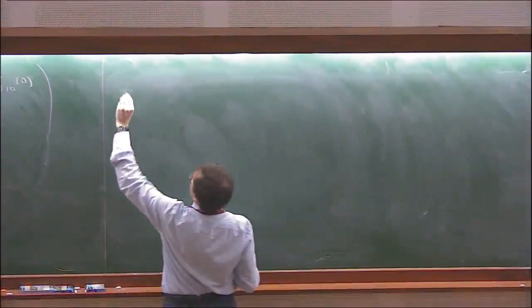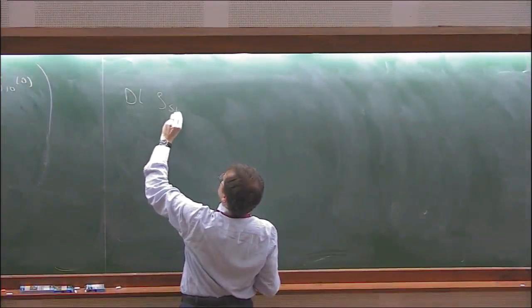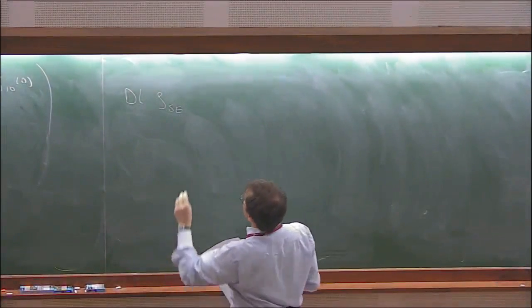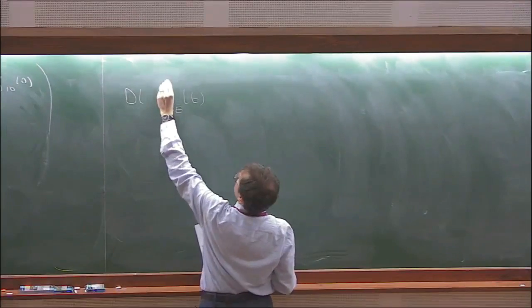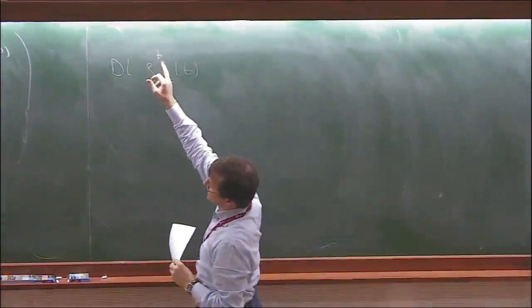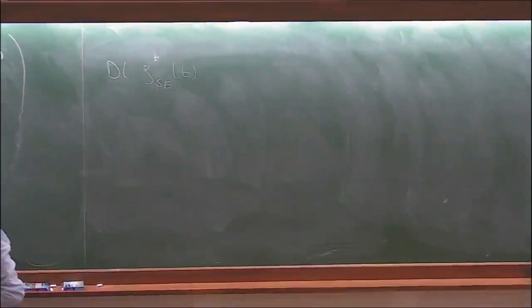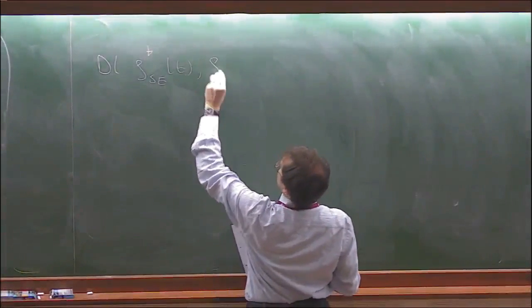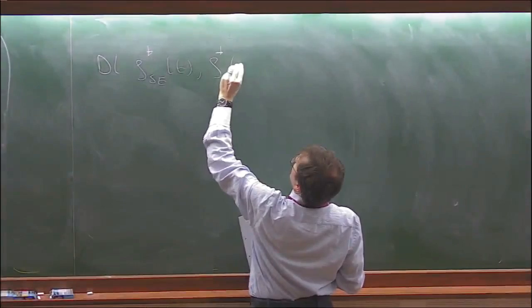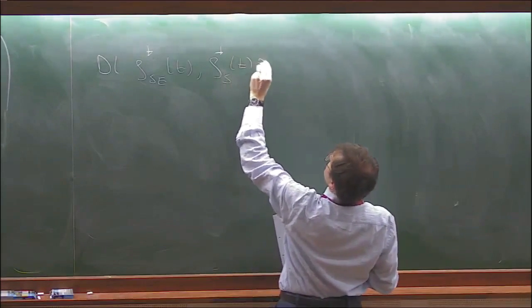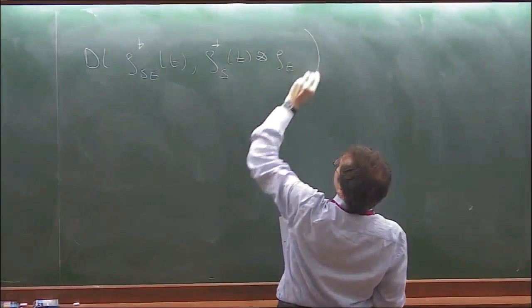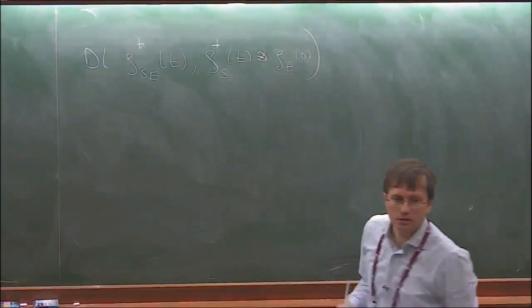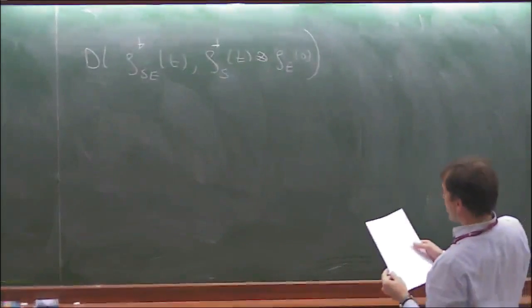We have a contribution which is the distance between the joint state of system and environment at time t. Instead of 1 or 2, I write plus or minus, since they refer to these spatial states that I consider. So this is the distance from this object and the corresponding marginals. And on the side of the environment, we know that the state does not change. So we have this contribution